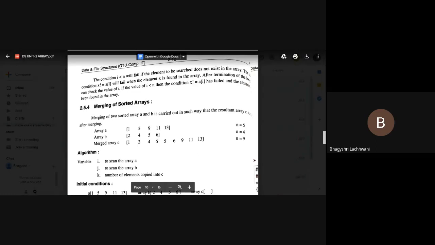So the logic is that first the first elements of both arrays will be compared, and whichever is the minimum value will be copied into the new array, and the index of the array with the minimum value is incremented. Simultaneously the new array has an index starting from 0, and it is incremented in every situation, whether the element of the first array is minimum or the element of the second array is minimum. Okay, hope this is clear to you.